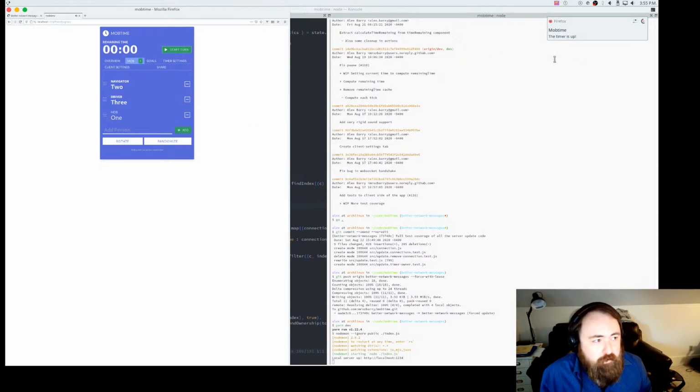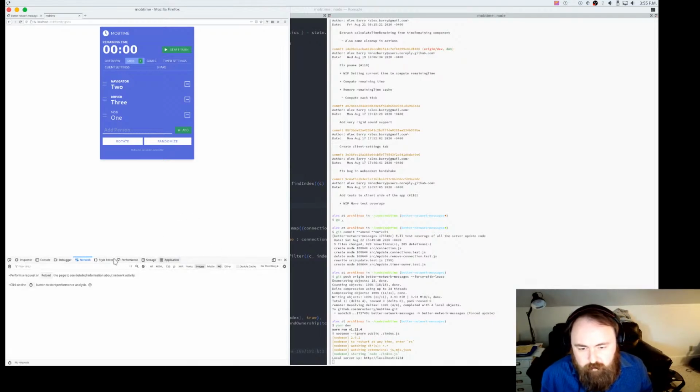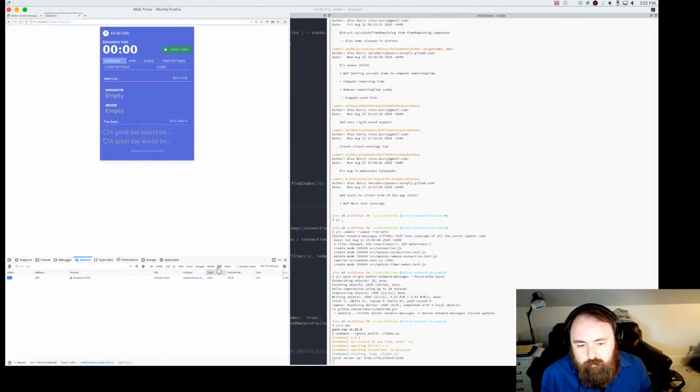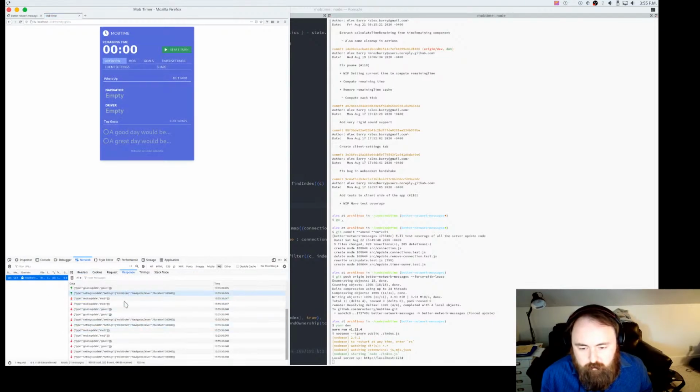Cool, so it rotated, I got a notification, and let's just, oh, I shouldn't have X'd that. Oh, so I actually got 2 notifications, so that's not good. So let's refresh this. And we don't care about images. We don't WebSocket though. Let's just see if we can see what's going on here. So I'm getting all sorts of messages.